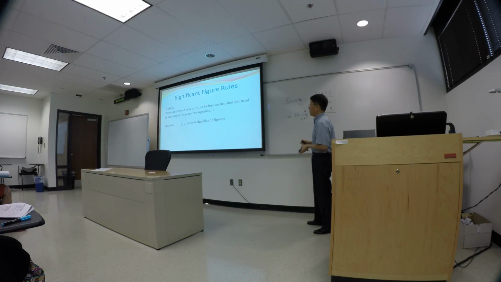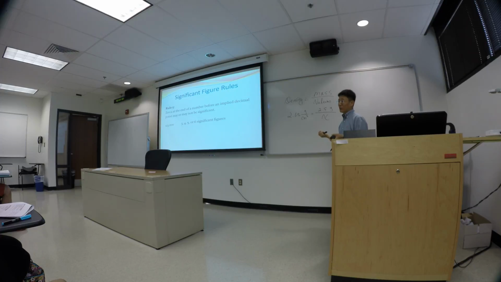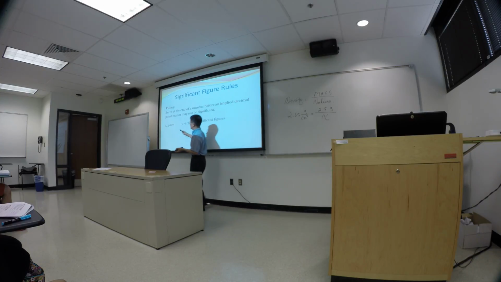Now, zeros at the end of a number before an implied decimal point may or may not be significant. So this is where things start to get murky. When you look at this number there, 123,000. Now, we know